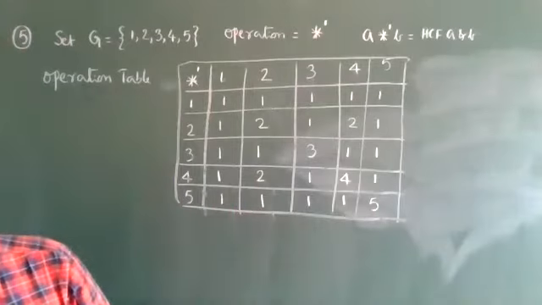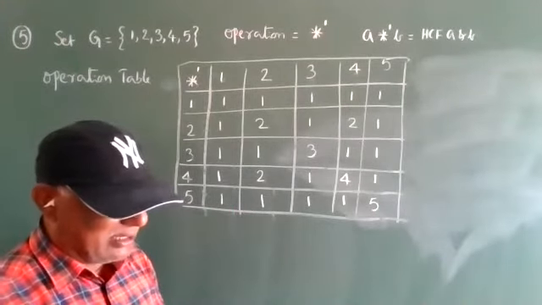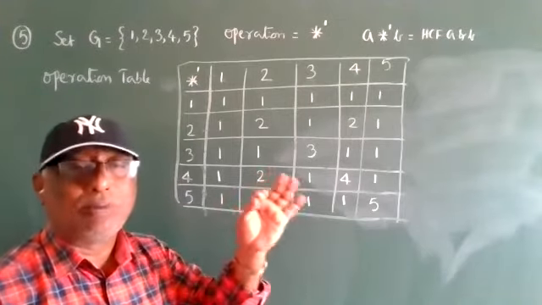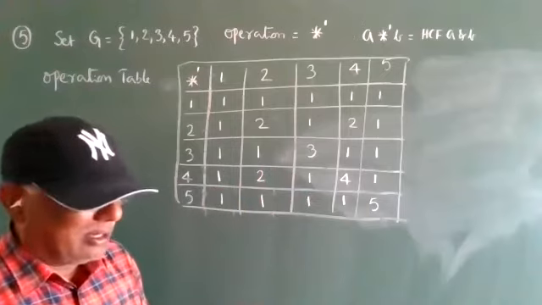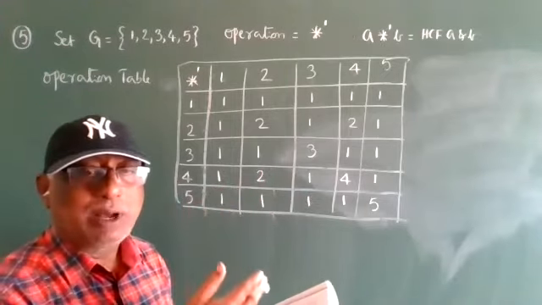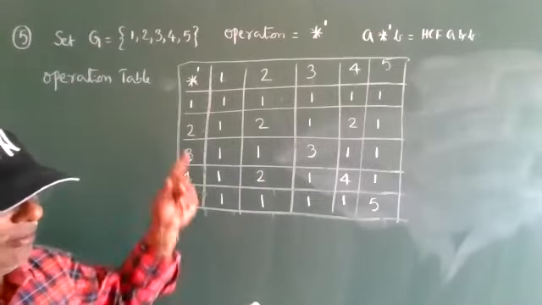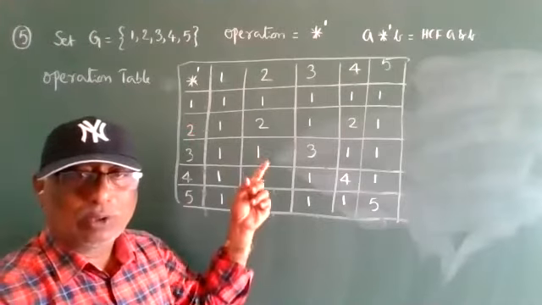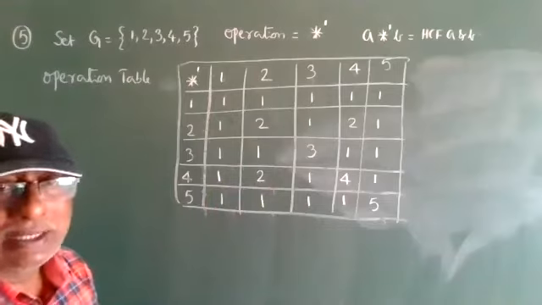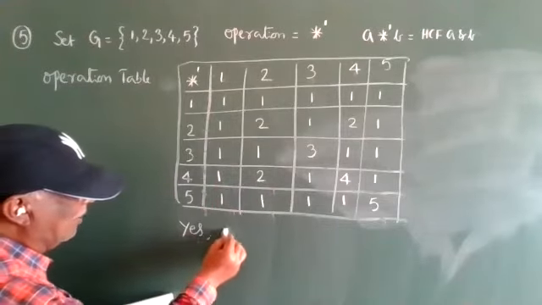So what he is telling in the fifth problem is that the operation star is the same operation defined in exercise 4. The table of exercise problem number 4 comes again: 1 1 1 1, 2 1 2 2 1 2. This is the same table as exercise 4.